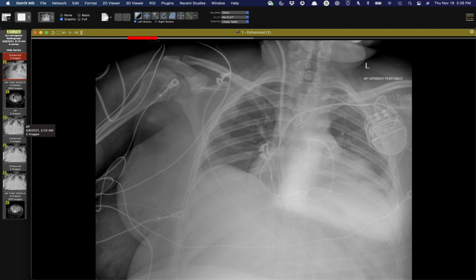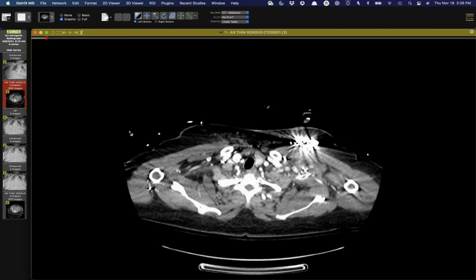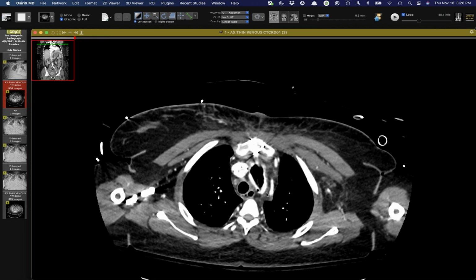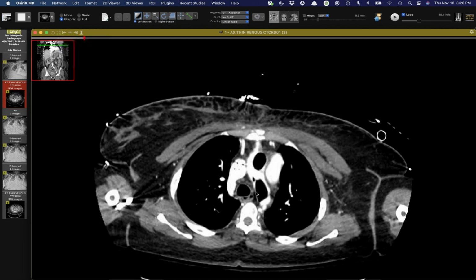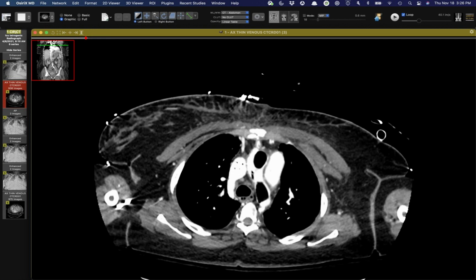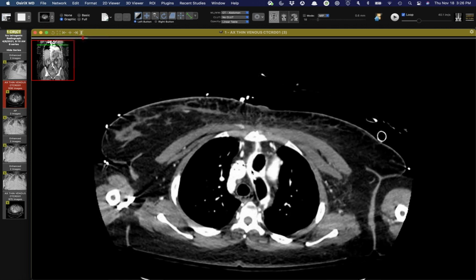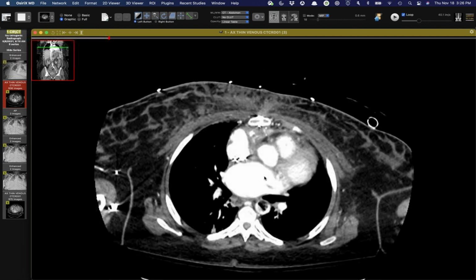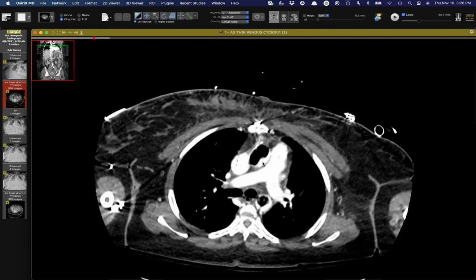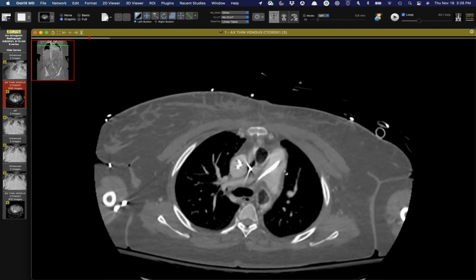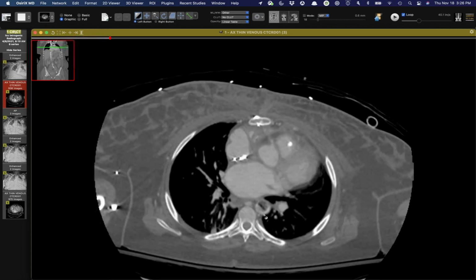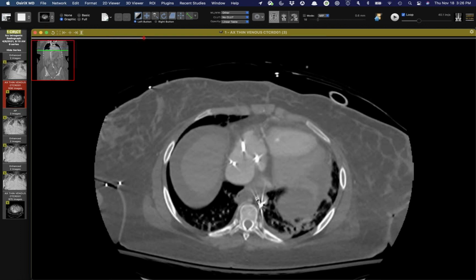And check out this CT. Let me make sure this is the correct one. And yeah, so this CT was done around the same time as that radiograph because somebody noticed that. And you will see that the marker is right here in that arch as it was. But the balloon, and I suspect this is because it's put in on the left side, the balloon looped in the ascending aorta and comes all the way back up. So it's starting here, going down into the ascending aorta, coming all the way back up, and then into the descending aorta, which accounts for the short course when you look at it on just this